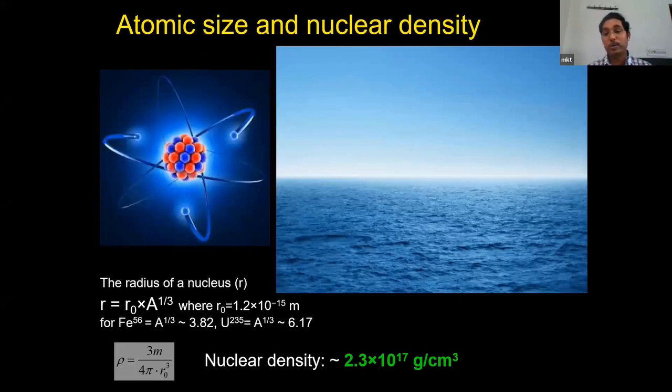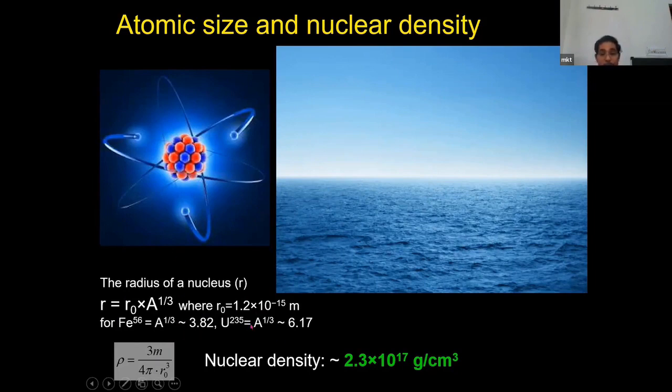I think PhD students may also be here. So now, the nuclear density. What is the nuclear density? You know the size of the nucleus is almost nothing. The nuclear radius is r equal to r0 A to the power 1/3, where A is the atomic mass, and r0 is a constant, with a value of 1.1 times 10 to the power minus 15 meter. So if you put all the things in, then you determine